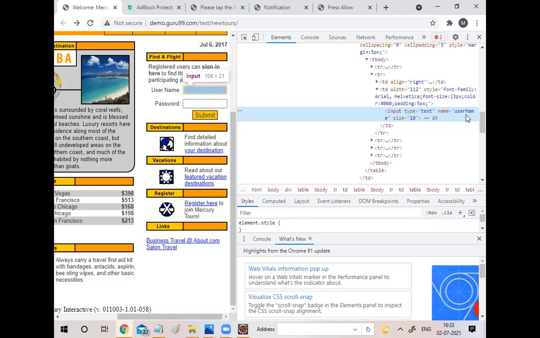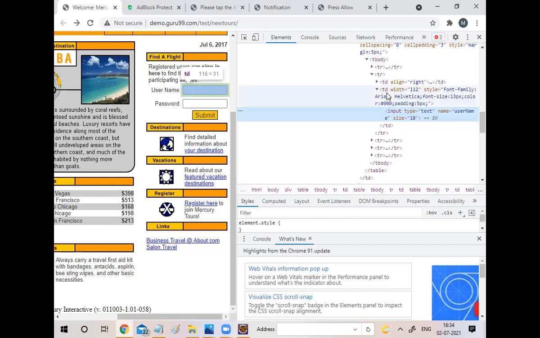I will take a separate session about how to identify the elements, everything. No need to worry about that. That is very easy. So if I want to identify this username text box, how to identify? With the help of ID, name, class name. Don't worry about that. These are all the attributes. I'll repeat one more time. Type is an attribute. Name is an attribute. Within the double quotes, whatever we mention, that is the value. This is the input tag.